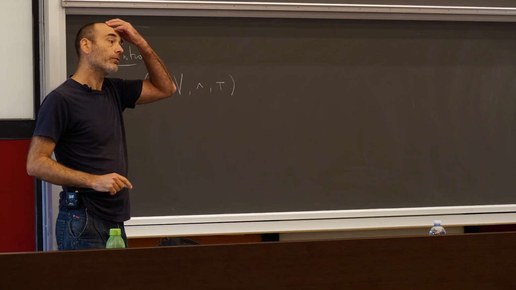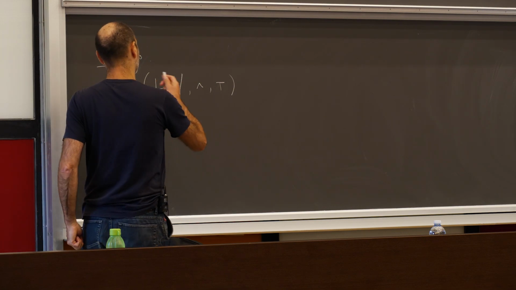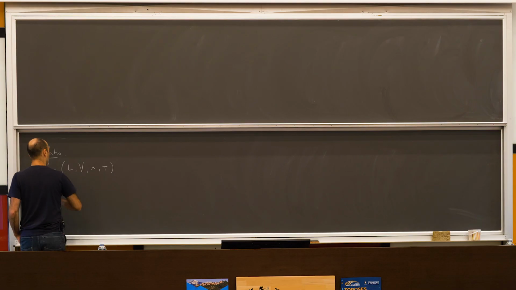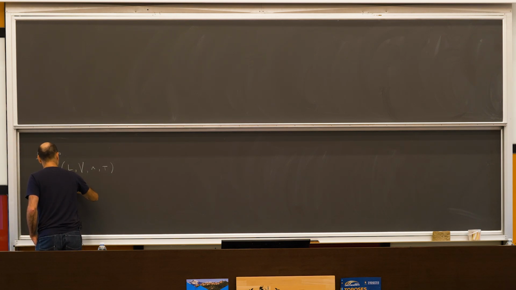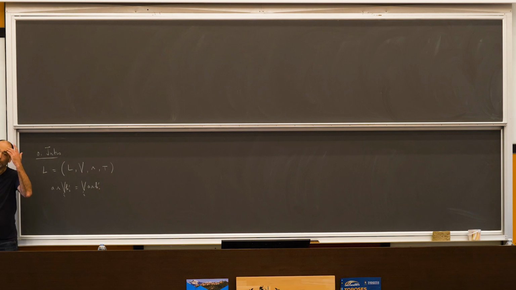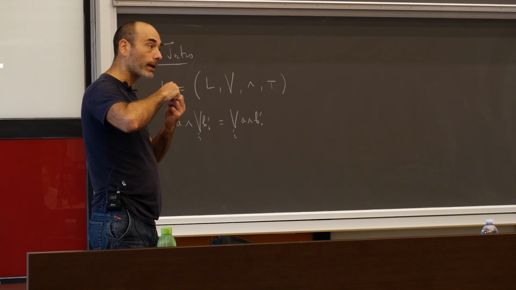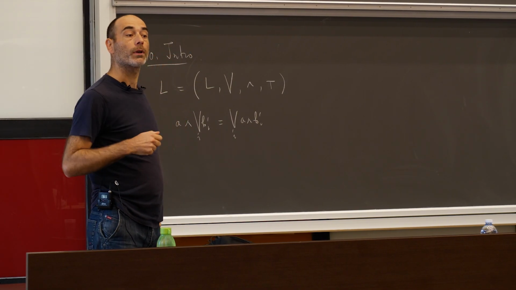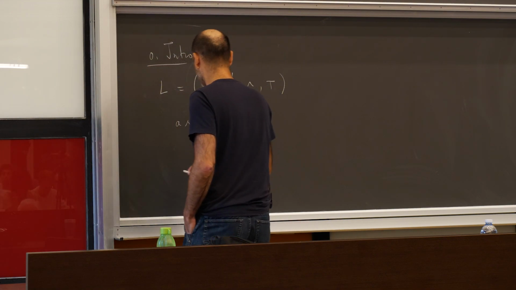And the defining property of a locale, so it's a complete lattice with all these operations if you want, is that finite meets distribute over infinite joins. Something like this. All right, so a locale being a poset, it is also a category, a posetal category. You take its elements as objects and you write exactly one arrow when the order relation is satisfied. And therefore, it makes perfect sense to talk about